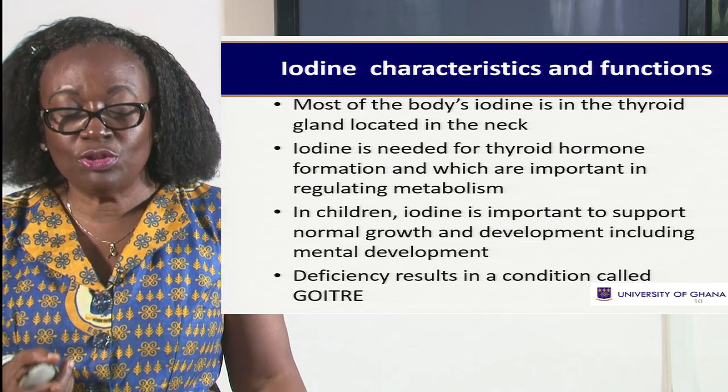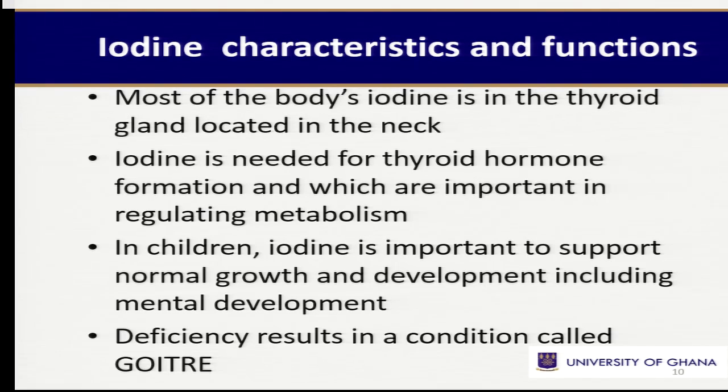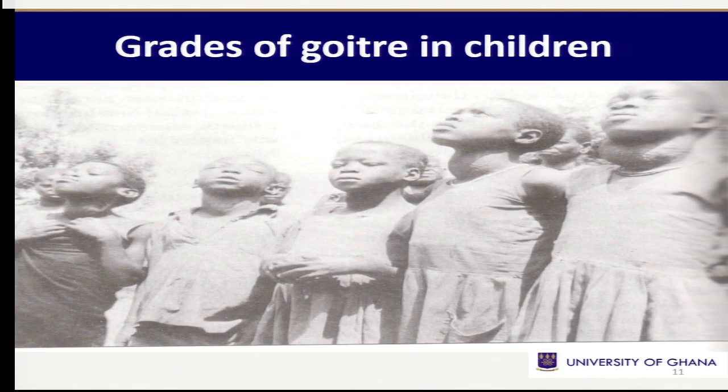But one thing we should remember is that not all goitre is due to iodine deficiency. Remember, in science, we always have plus or minus 5. We follow a bell-shaped curve. So in most cases it is due to iodine deficiency, but in a few cases it is not due to that. You see the picture on the screen, different stages of goitre,